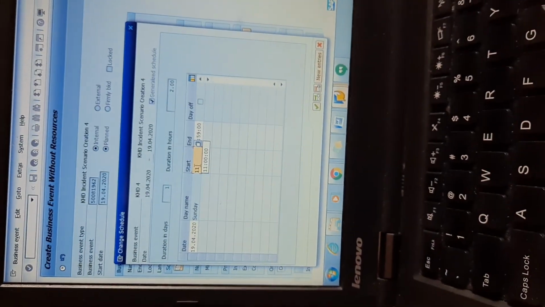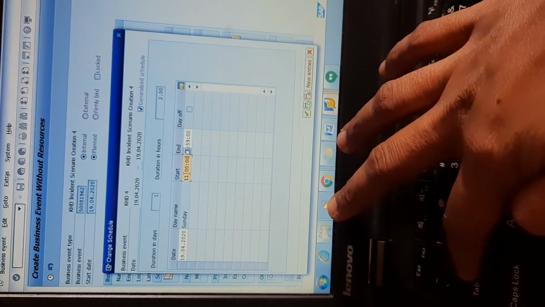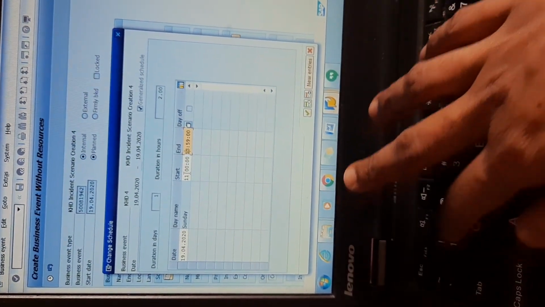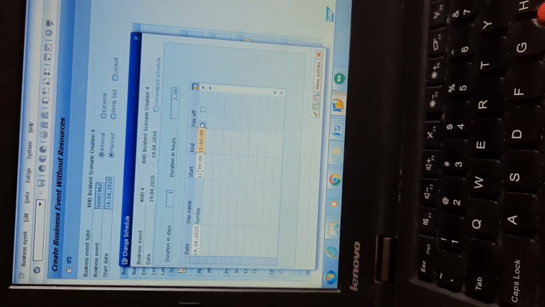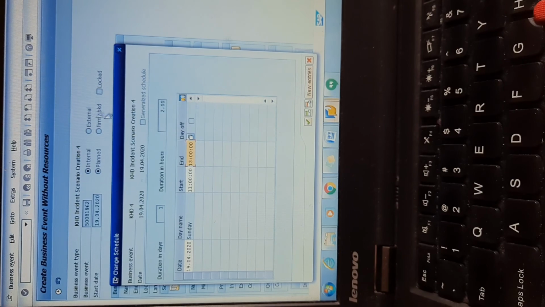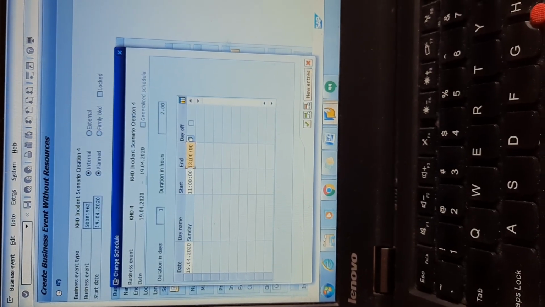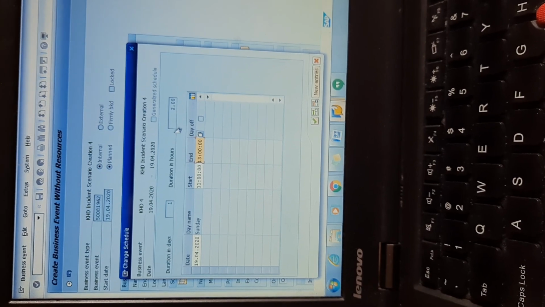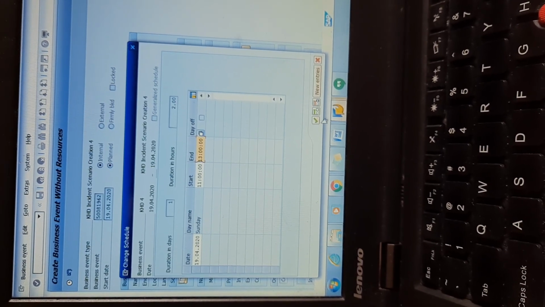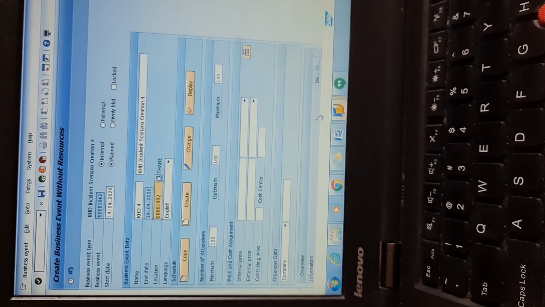Let the format be the same so that it is easy for the system to take, otherwise it will be an error. Enter. So it is a 2 hours session. You can see at the top and validate whether the information you have captured is correct or not. Duration in days is 1. In the day it was only 2 hours. Just click on the enable button. Okay, this is the application